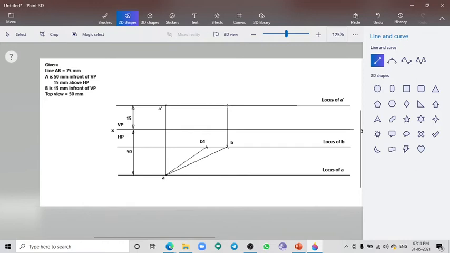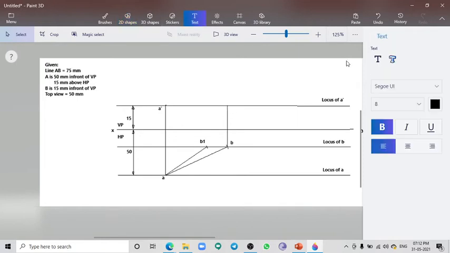Okay, I'm projecting up to the locus of A dash, which is our reference locus. Why we are calling this the reference locus is that it is given in our question, and also this line acts as the starting point of our true line and front view. Okay, so I have drawn the line. I'm going to draw an arc. I'm going to name this point as 1 dash, just for our reference.